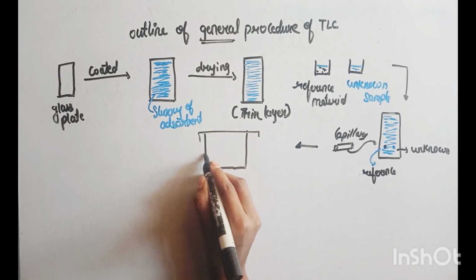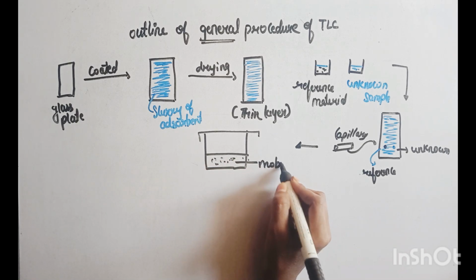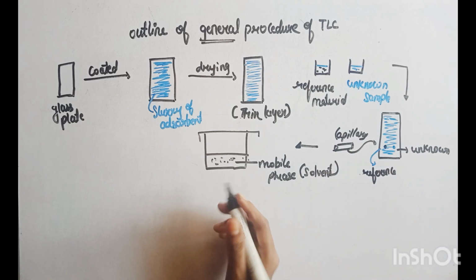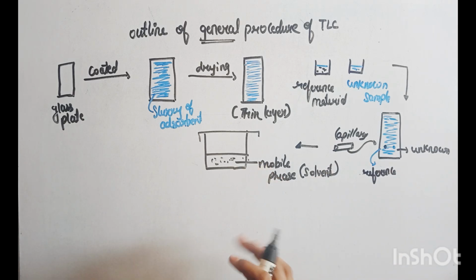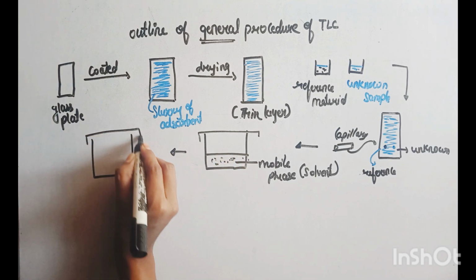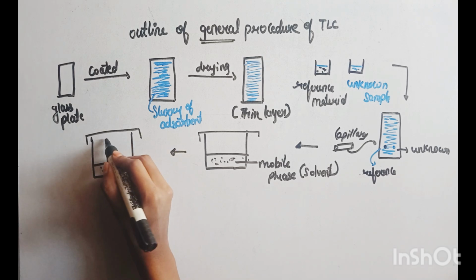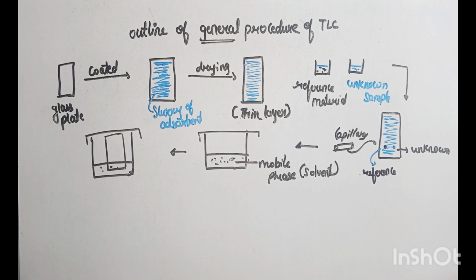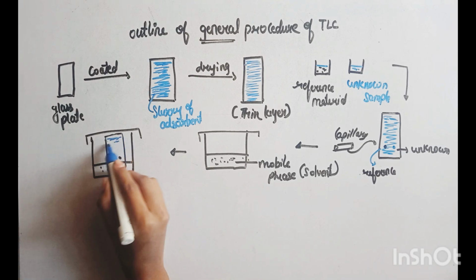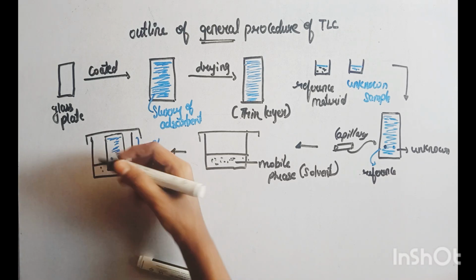Next we prepare the solvent chamber. So this is the solvent chamber. In this, the mobile phase is present. This is the stationary phase, slurry of adsorbent. Next is the solvent called the mobile phase, and we saturate this chamber. Next, the prepared thin layer glass plate is put in this solvent chamber, into this mobile phase, and then this mobile phase runs from the bottom to the top,